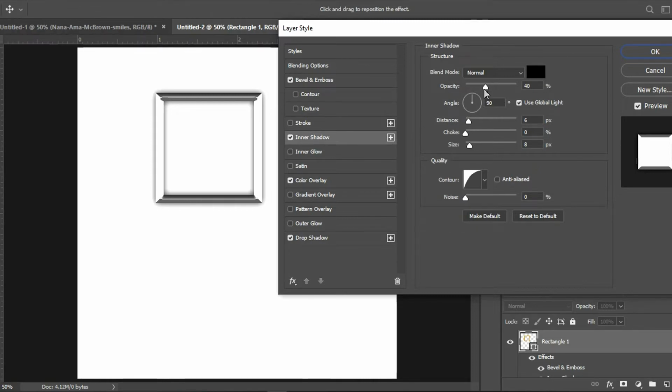Make sure your blending mode is normal. Make sure the opacity is 40%. Make sure the angle is 90. Make sure that the distance is 6. Make sure the choke is 0. And make sure the size is 8. And then